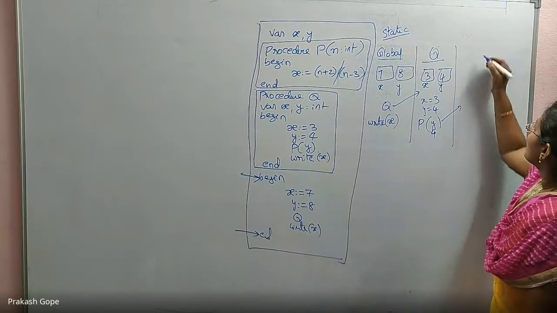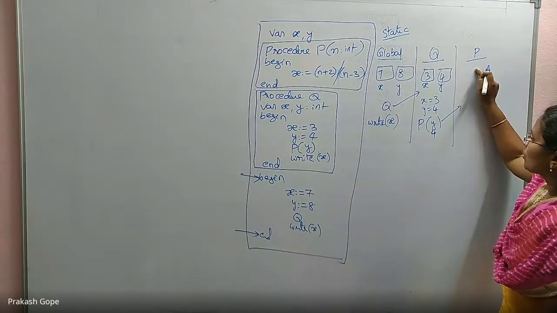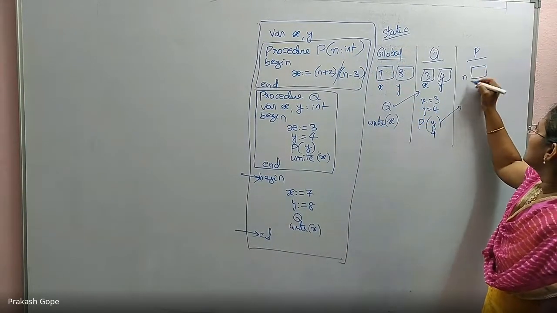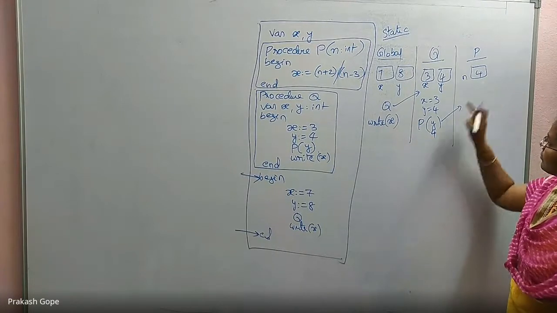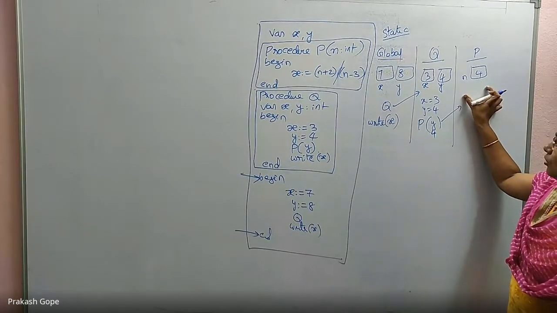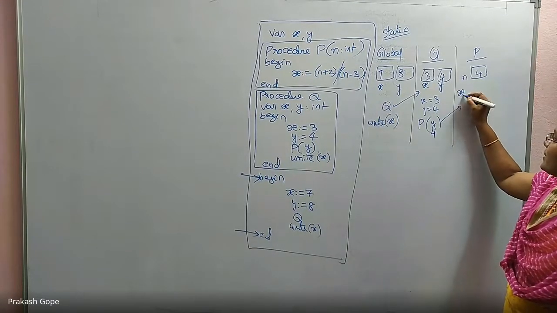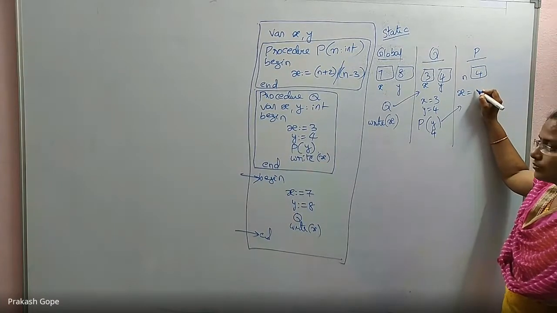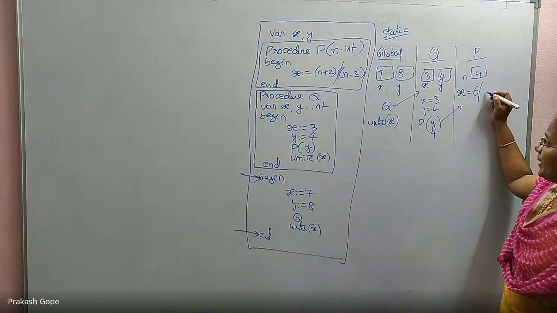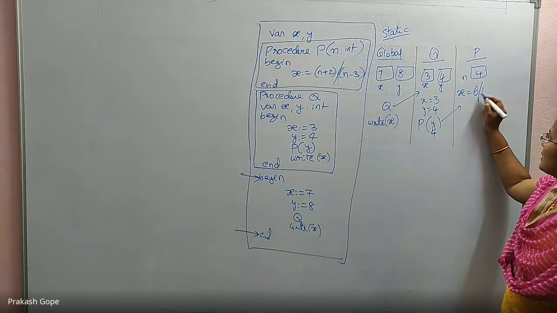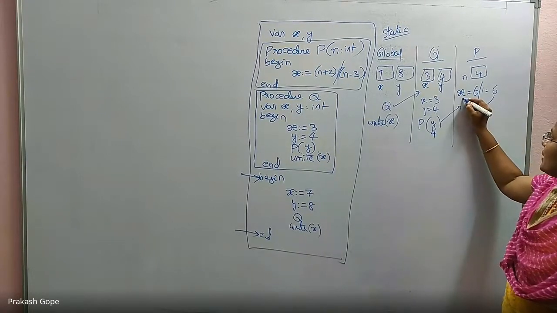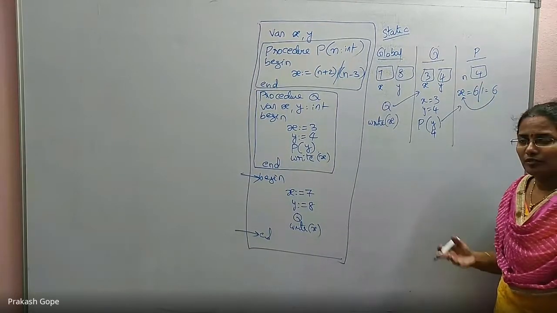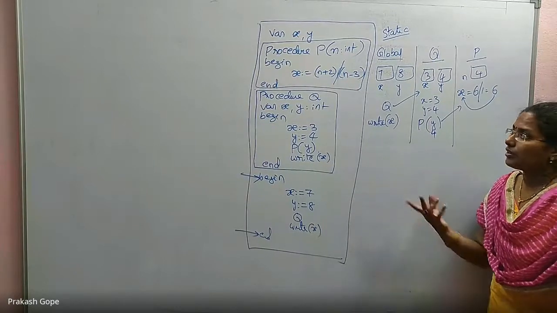So jump to P's environment by taking value 4. That will be copied to the formal parameter, which is a local variable. Then, no more local variables, just one line: x is equal to n plus 2 by n minus 3. N plus 2, 4 plus 2 is 6. By n minus 3, 4 minus 3 is 1. 6 by 1 is 6. It should be assigned to x. But do I have a local x to assign 6 to? I don't have.